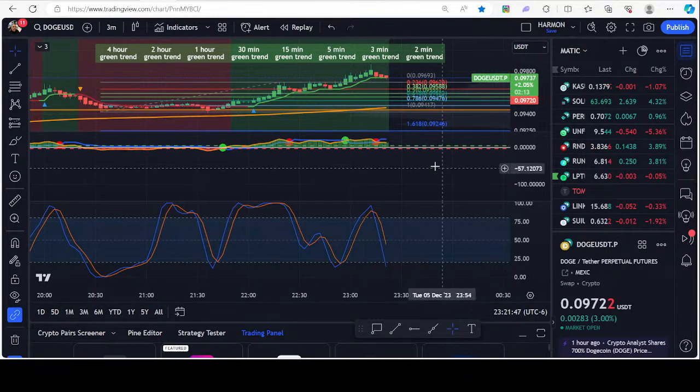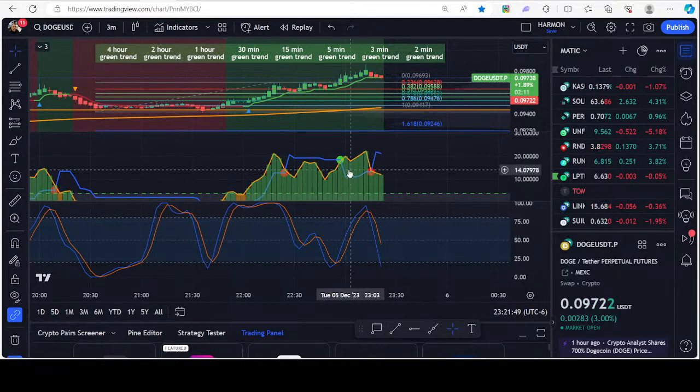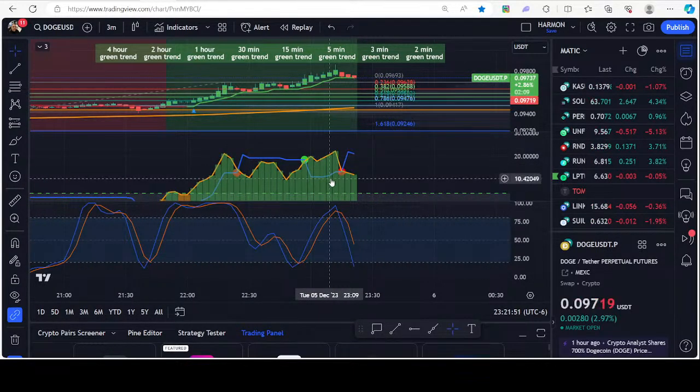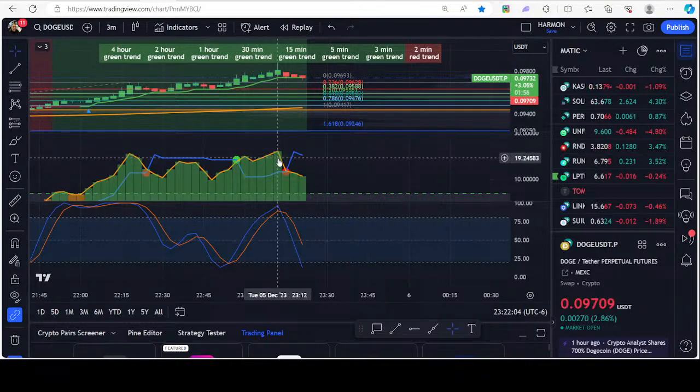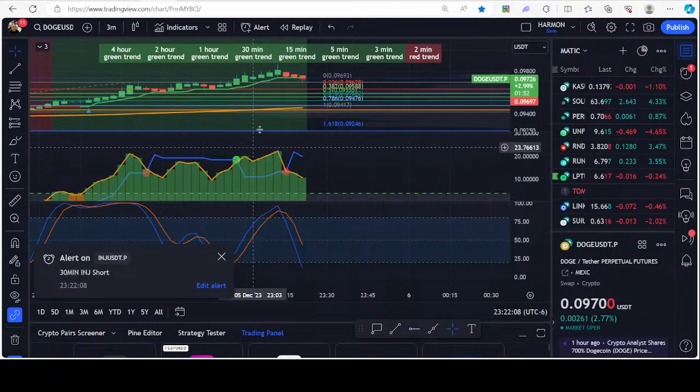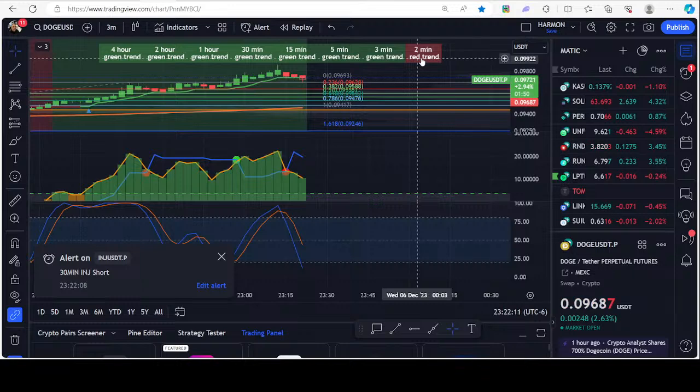So you want to be in a situation where, whether on the RSI or on the moon graph, you want the price action, the orange line, to be heading down. So you need something, no, right? Because it's getting there. It's building momentum. Now you have a 2 minute red trend. You see that? I don't know if you have our full indicators, but